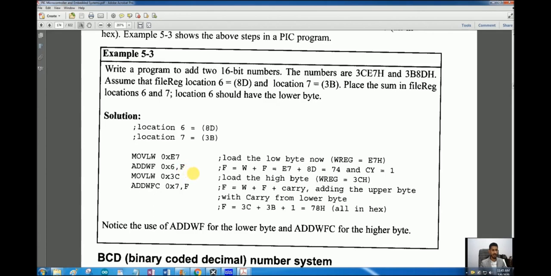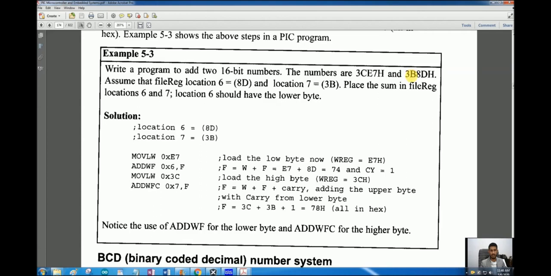Now what's left is to add the upper bytes of these two numbers, but we have to consider the carry also. So we move the literal value, MOVLW 0x3C. 3C is the upper byte of one number, and then we add to the working register the file register that contains the upper byte of the second number.